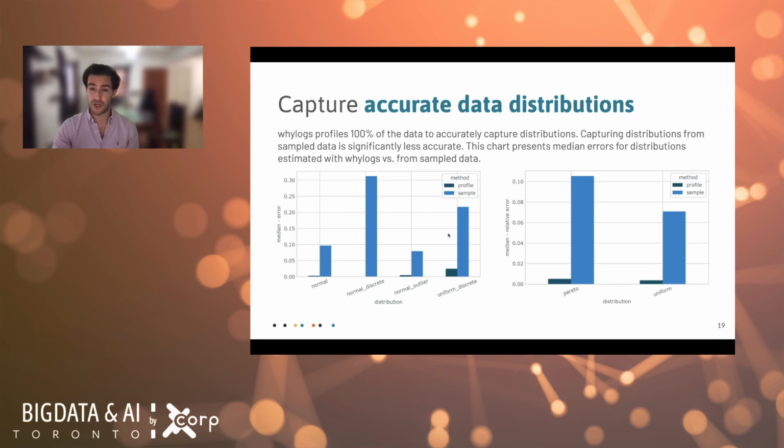And that's unfortunate when you're trying to monitor a system, because realistically that tail end event, this extreme outlier, is exactly the thing that you should be worried about. It's these outliers that are the main driver of model performance degradation and are really the main thing to be picking up on. So for all of these reasons, I think it's pretty fair to say that you want descriptive logs, and that the best way to get descriptive logs is by profiling rather than sampling data.